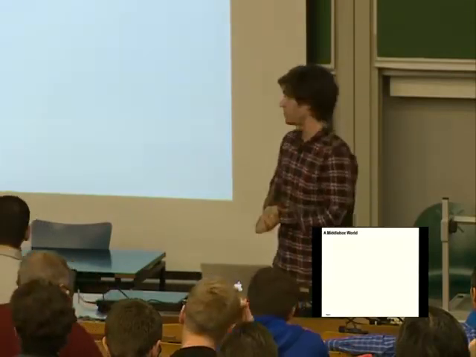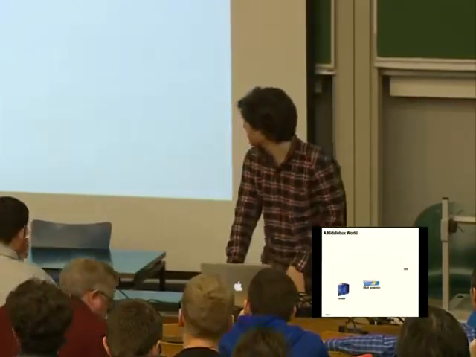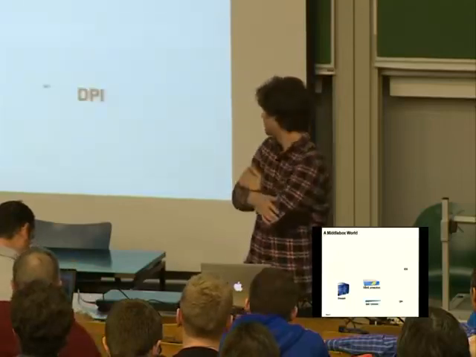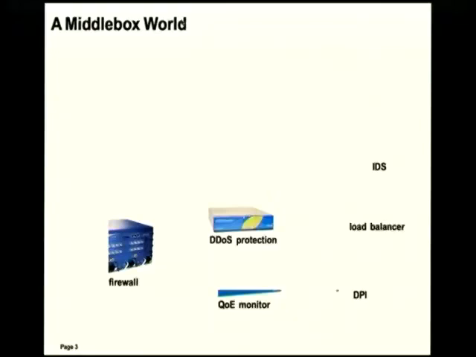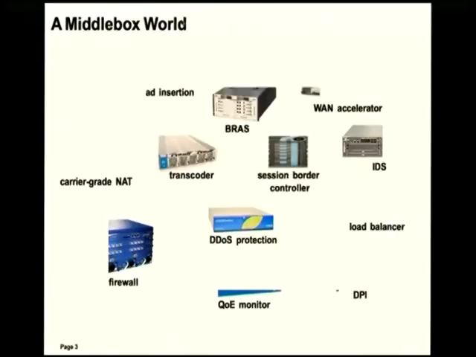They are very useful for a high number of reasons, and they extend operators' networks with a lot of features. Security, such as firewalls, intrusion detection systems. Monitoring, such as DPI boxes. Load balancers, dealing with the address exhaustion issues. Performance, such as media gateways, transcoders, WAN accelerators, and some others of a more dubious nature, like the advertisement insertion box over there. I'm having some issues with the display port, so you cannot see exactly how this would look like, but